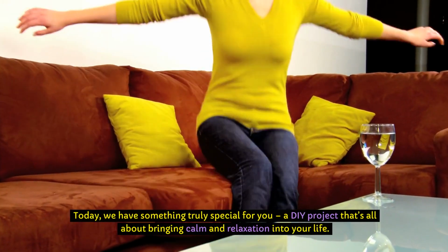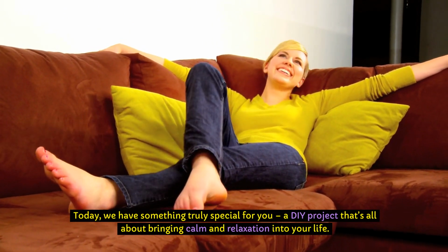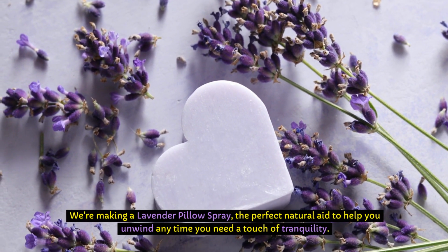Today, we have something truly special for you, a DIY project that's all about bringing calm and relaxation into your life. We're making a lavender pillow spray, the perfect natural aid to help you unwind anytime you need a touch